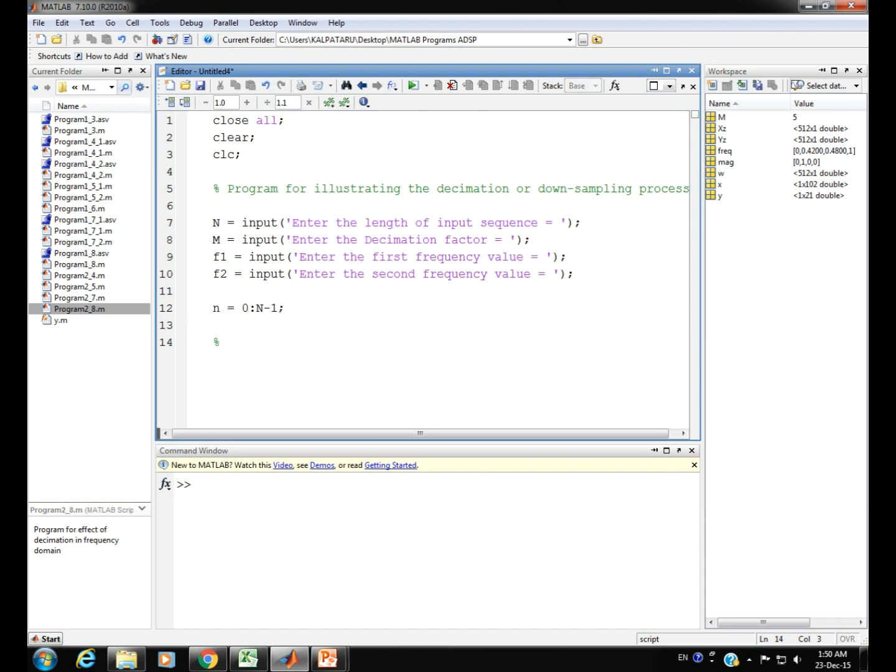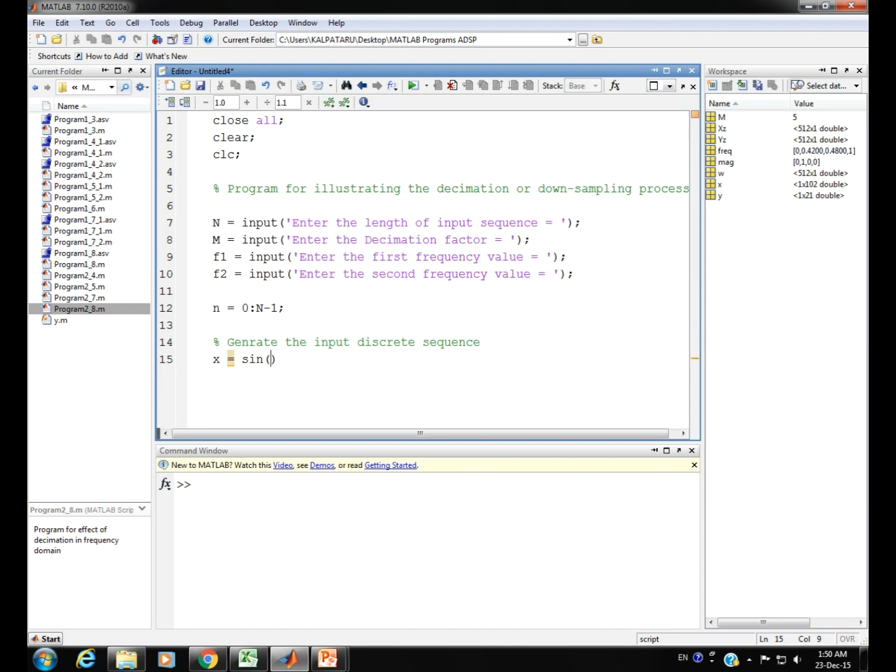I just comment a line to modularize this particular body here. I write: generate the input discrete sequence. Here we assign the generated input sequence to the variable small x. Let us generate the first component of the sinusoid with the help of the first frequency value f1.